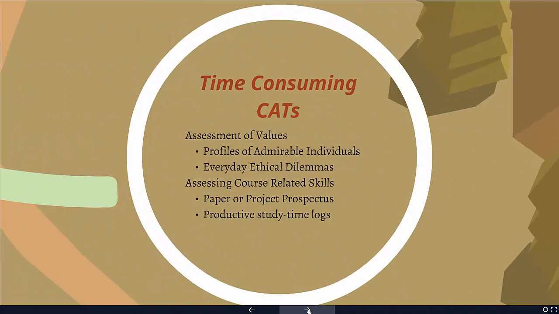Time-consuming classroom assessment techniques would be profiles of admirable individuals. This is where students would write a report or paper on somebody that they admire, and this allows the professor to identify the values that students have. Everyday ethical dilemmas has a similar idea, where you are able to see as a professor what values the students have. But this can also show students each other's values,